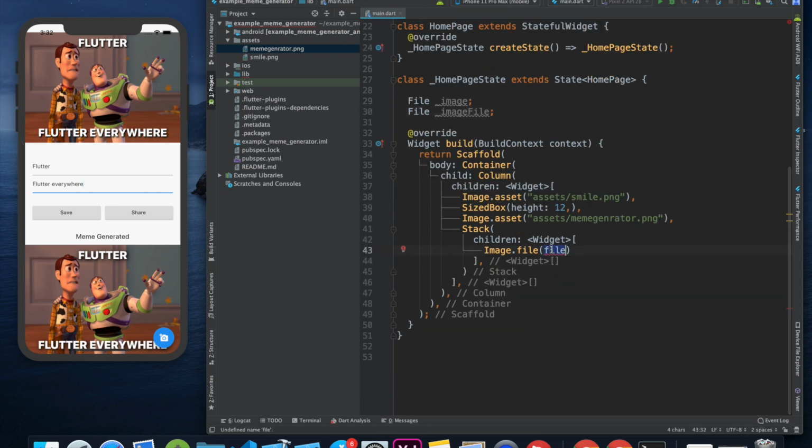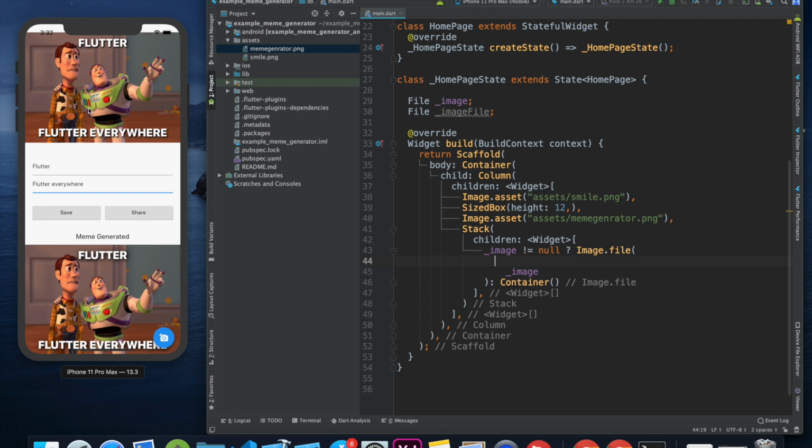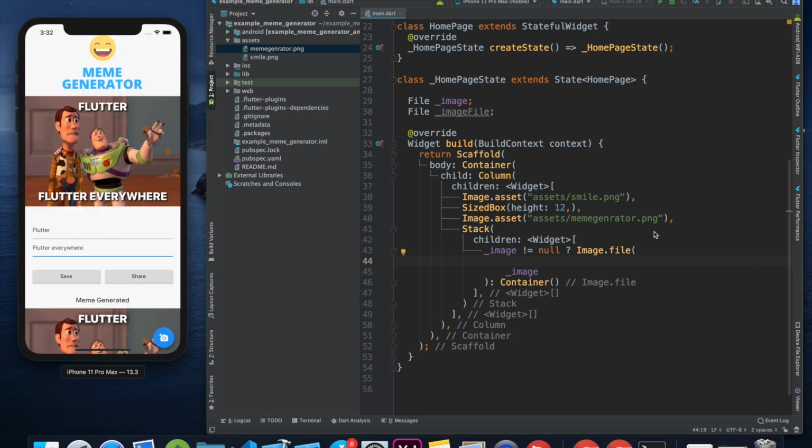Now I can basically say image, this image, because this is the one which we are picking and this is the one which we are saving to the memory. Now of course we don't want this to load when this image is null, which it will be for sure when we open the app for the first time. So we will just check. If it is null, then we will just simply have a container with nothing in it. And one thing which I have made sure over here is giving these two containers a particular fixed height. So I will give this image a height of,